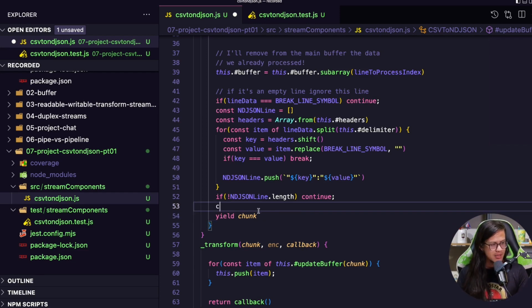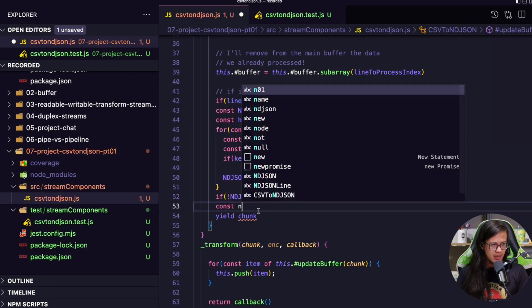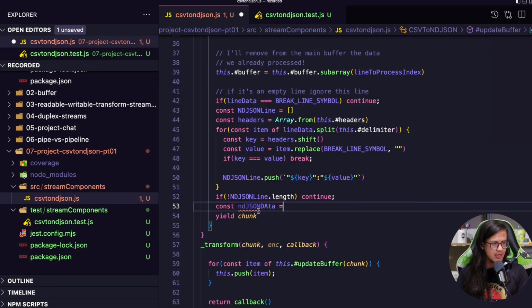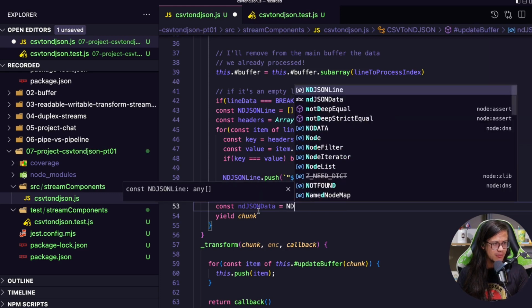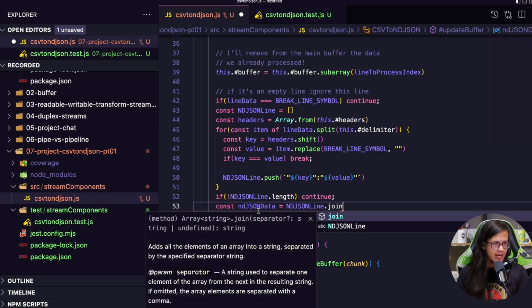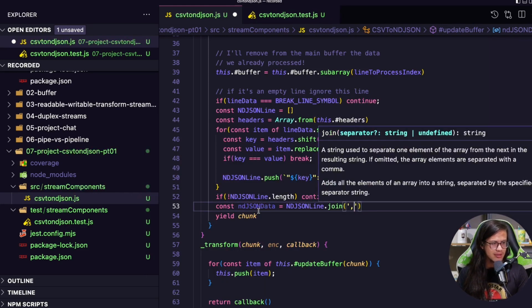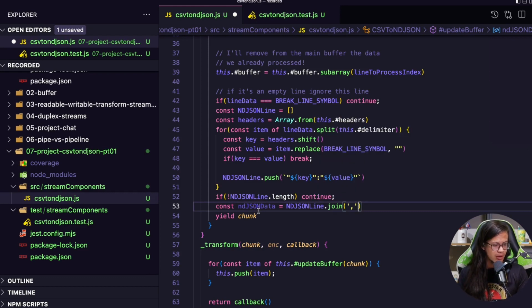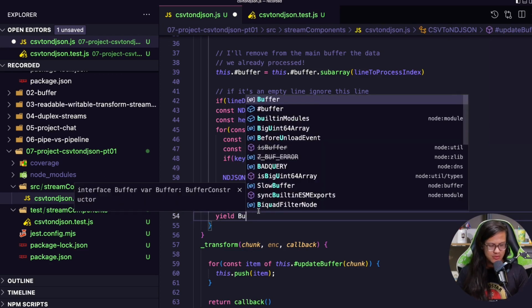So I'm going to say the ndJSON data is going to be in our line, okay? And I'm going to join by our delimiter, which will be our comma there. So I'm going to have the whole array separated by it, and then I am going to do a buffer